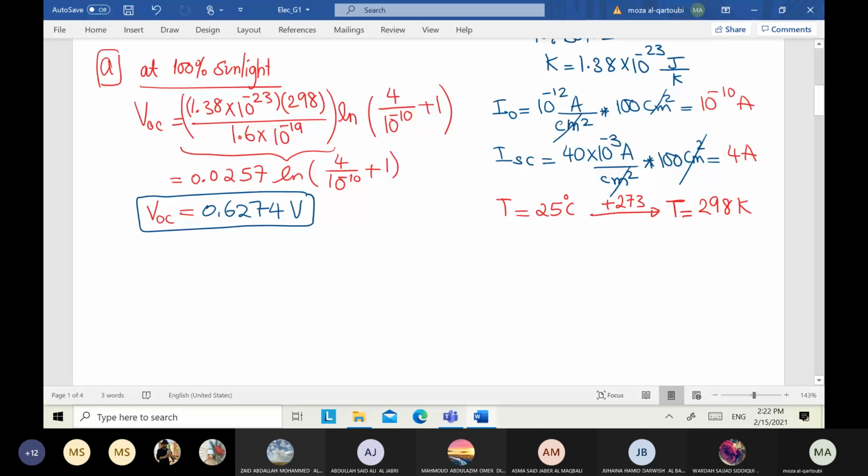So for the second part, now at 50% of sunlight, because the short circuit current is proportional